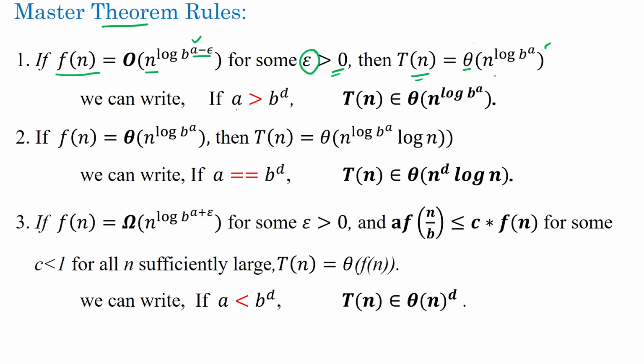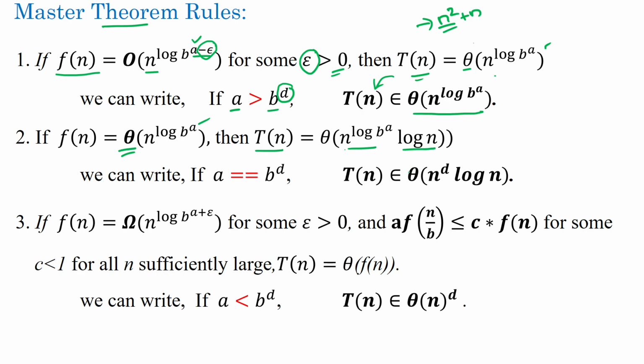So here we can write it by finding the a value and b value and substituting d. This d is the degree of the given function; suppose you have n square plus n, then we take the degree of this term, d. Then we can use this rule: T of n, the time complexity, belongs to big theta of n to the power log base b of a. If f of n equals the tighter bound big theta of n to the power log base b of a, here there is no constant, so this is the average case. Then T of n equals big theta of n to the power log base b of a